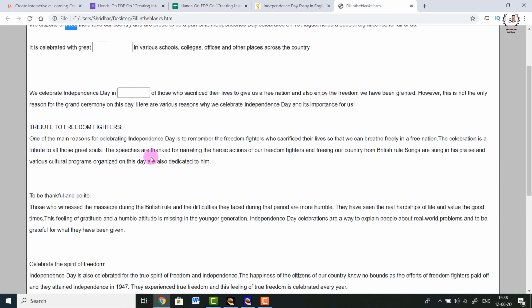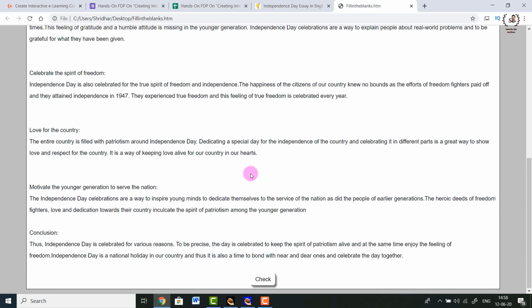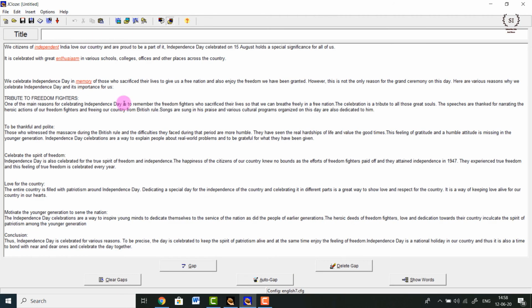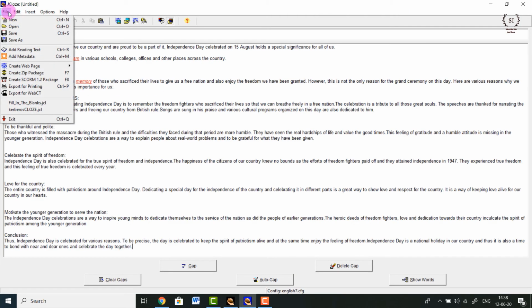So this is how you can create a fill in the blanks based question with the same tool which is called Hot Potatoes, and the technique of sharing it is exactly the same. You visit this File section, you create a web page, copy the web page and share it with your students. Similarly, you can also create a zip package, a .zip or .rar kind of file, and then send the compressed file to your students using any LMS software or using a drive share option.